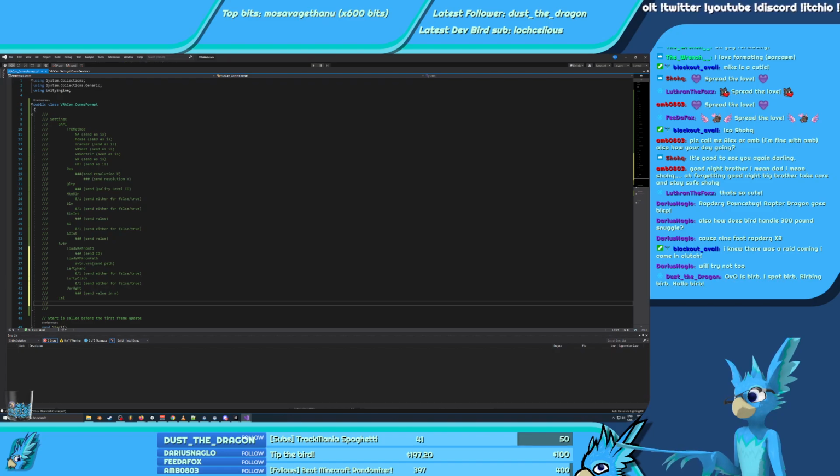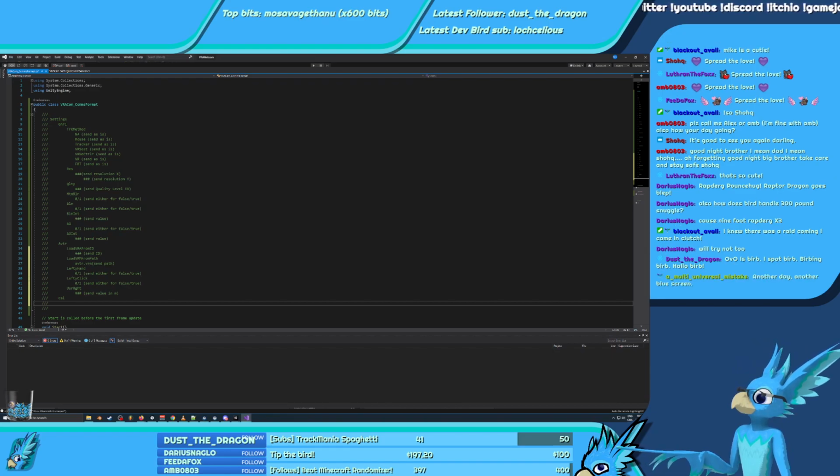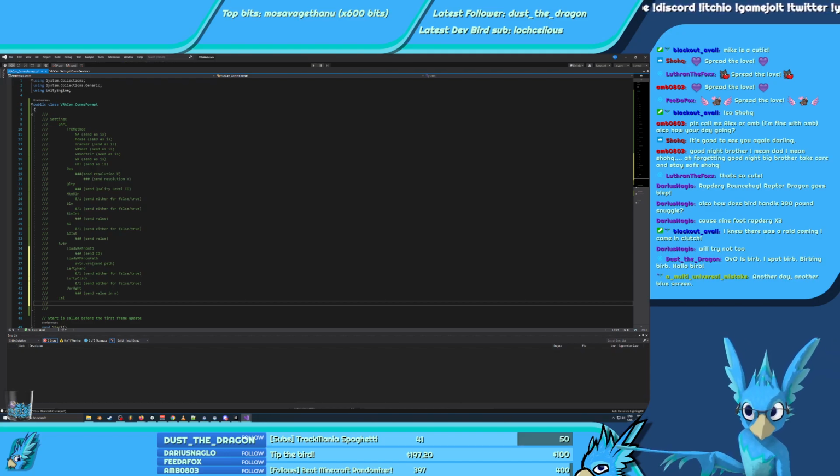So everything, point position, and okay. Save manager. So I'm saving this, this, and this. Am I saving the play space? Now that's the question.